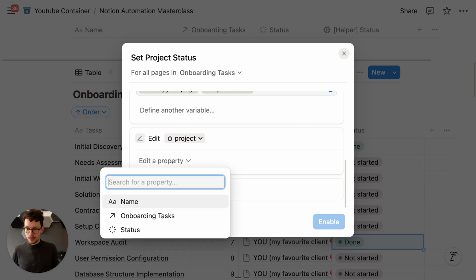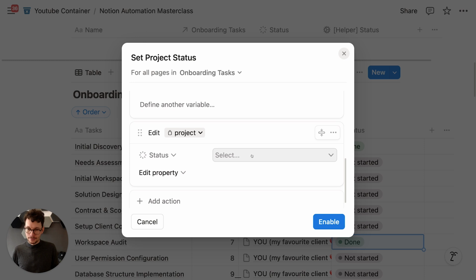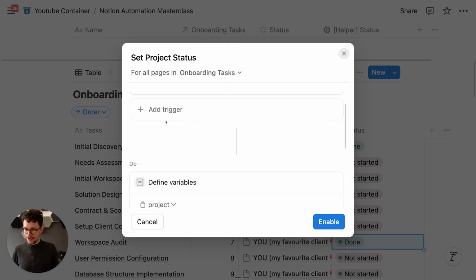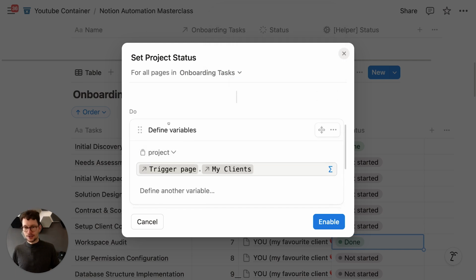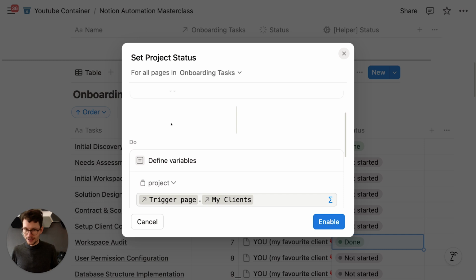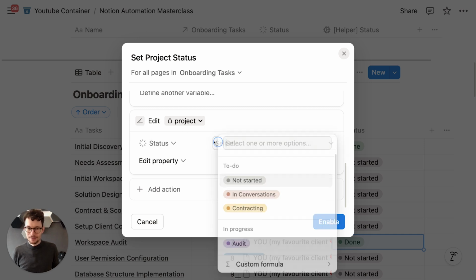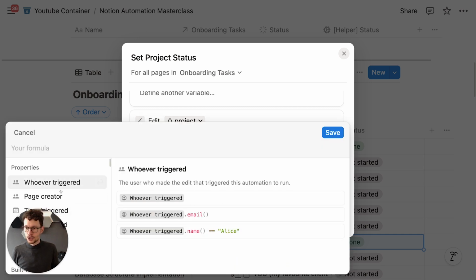And then we want to say edit a property. And we want to edit the status. And now for setting the status, we're going to use a custom formula. We're not going to hard code a value in, right? We could do this. You could write this formula instead to say, okay, when, you know, task with 1 is completed, when task with 2 is completed. But that, I'll show you that in a second, but it's very, very cumbersome. And particularly if you have like 50 different conditions you don't want to do that. So instead what we want to do is dynamically say, set this to whatever